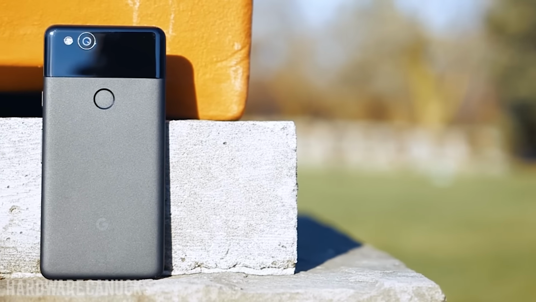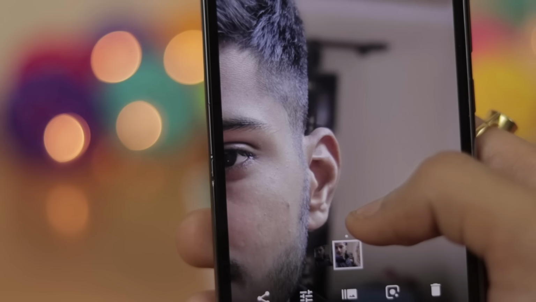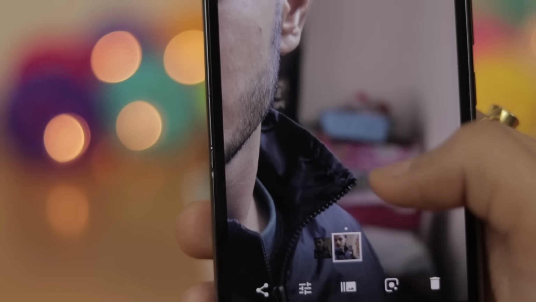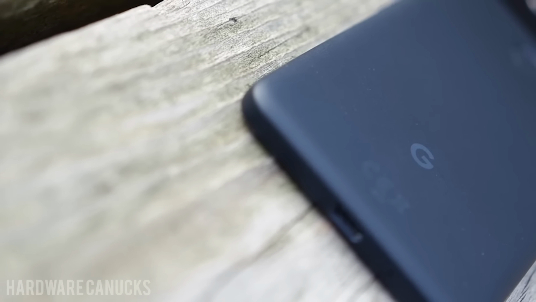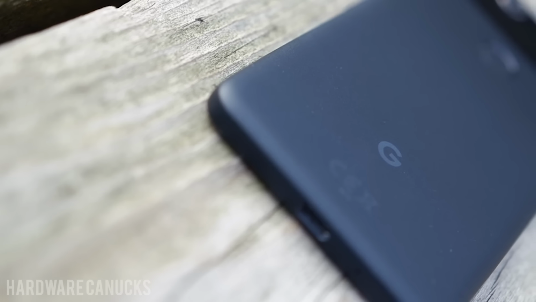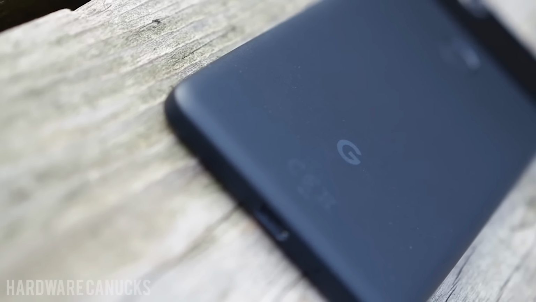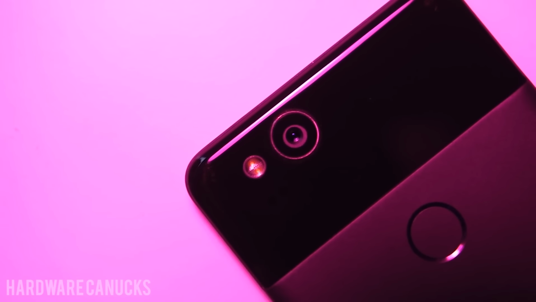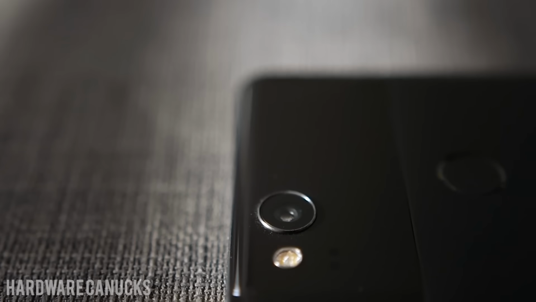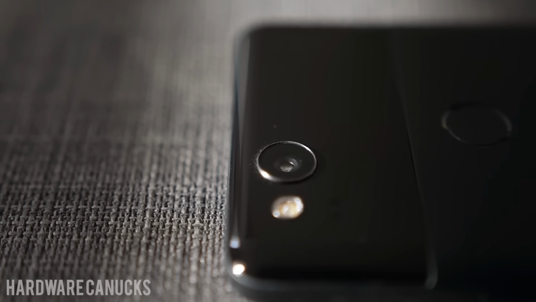The Pixel 2 made a lot of buzz when it launched the portrait mode, and it had just one single camera with dual pixel technology. It uses AI and a lot of software tricks to create the portrait mode, the background blur that we see on a lot of dual camera smartphones. But the Pixel 2 did it with just one single camera, and on top of that it is rated as the best portrait mode among all these phones.